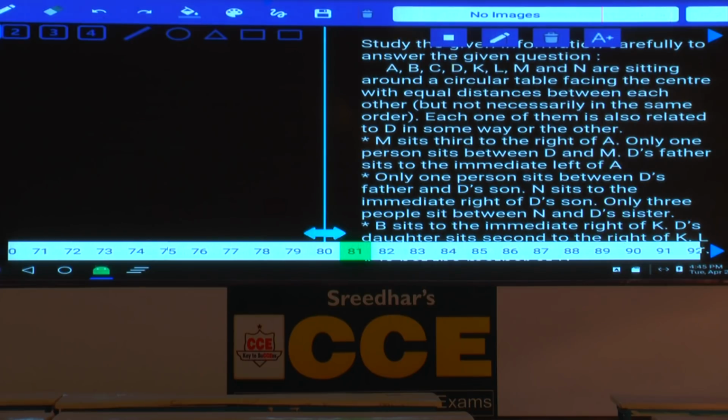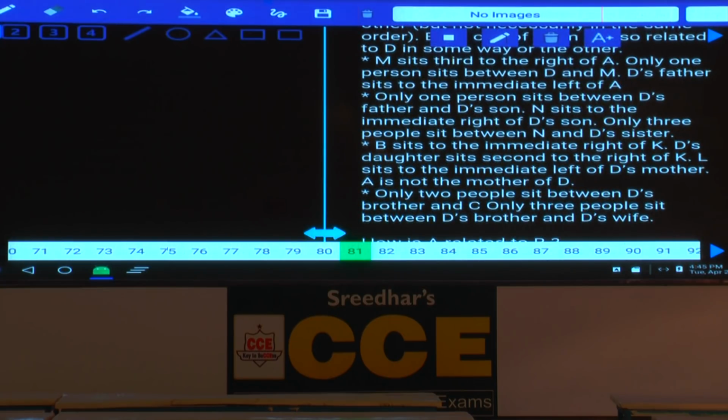Hence, first we need to fix D at this first place. And at the same time, whenever all the persons are related to a single person, we need to focus on circular arrangement rather than the family tree. Okay? Now, in most of the questions, it is not required for us to draw a separate family tree at all. In the circular arrangement itself, we can fix this one. Earlier, we had discussed those cases on n number of occasions.